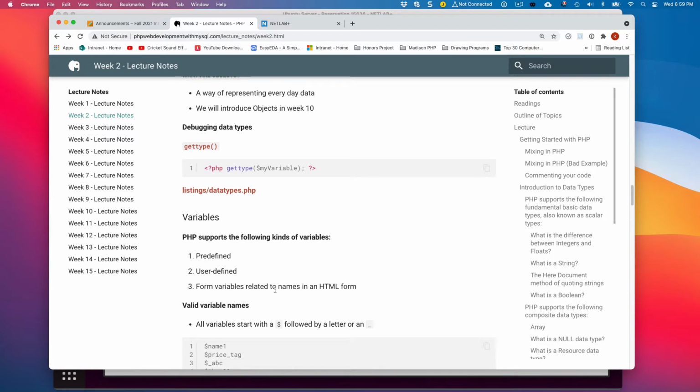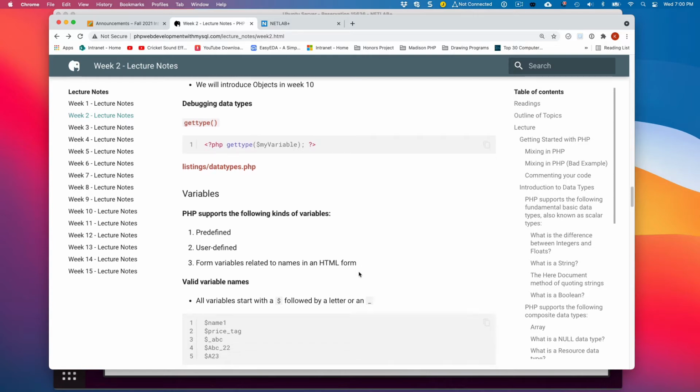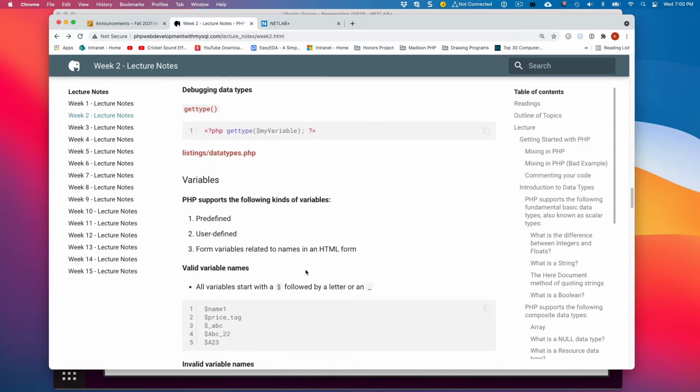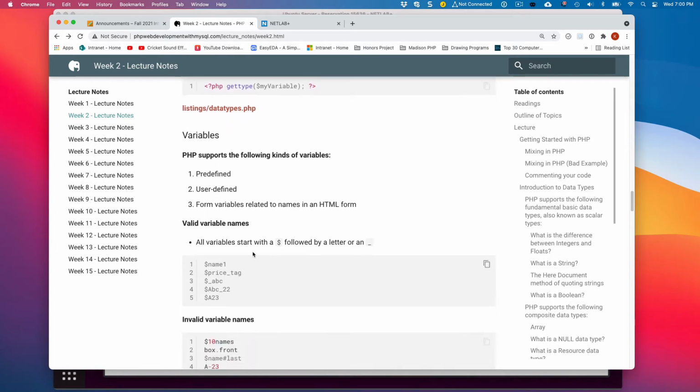Form variables are related to the names in an HTML form. When you enter data into a form and you want to get that data out into your script, we're going to be accessing a superglobal variable. In our case, it'll be the post superglobal variable, and we'll talk more about that.